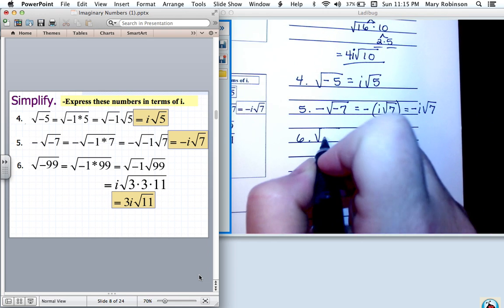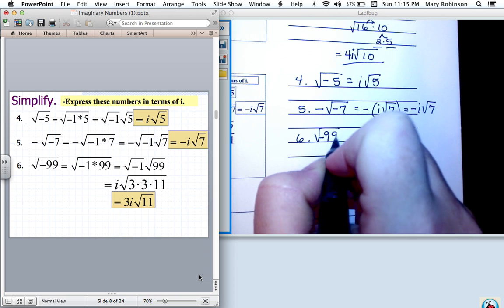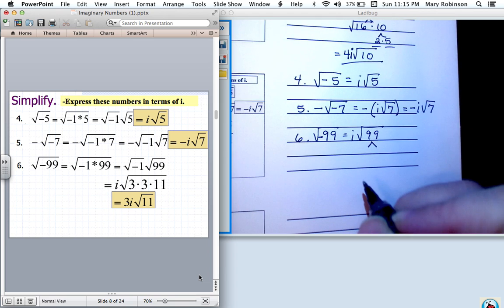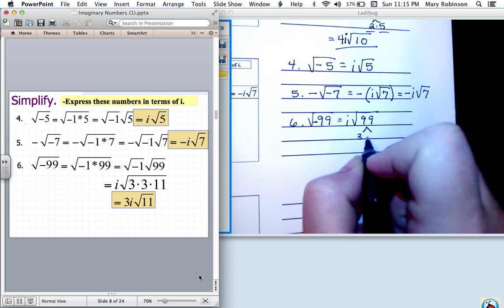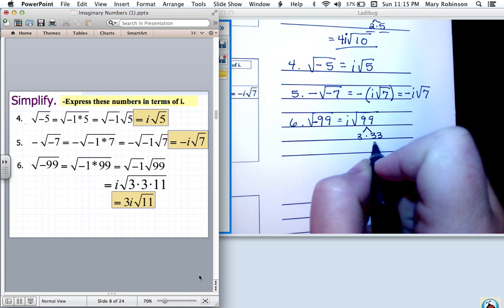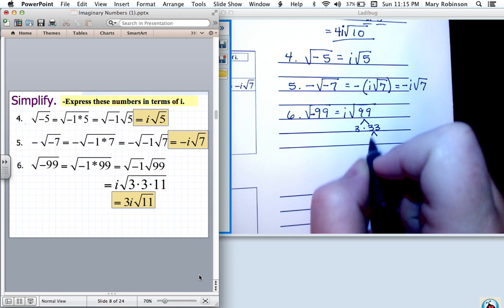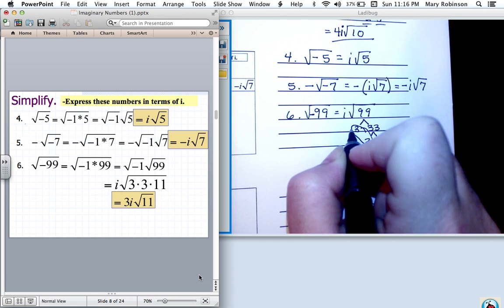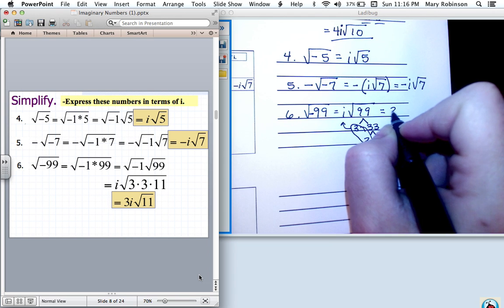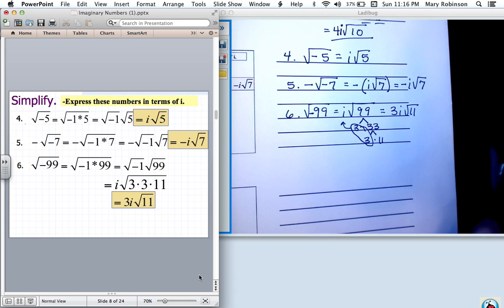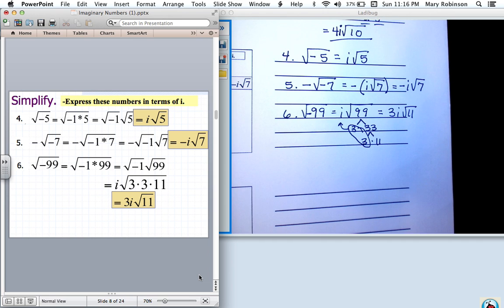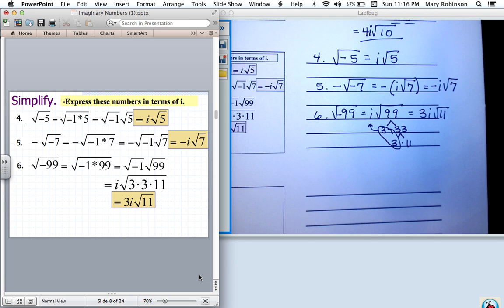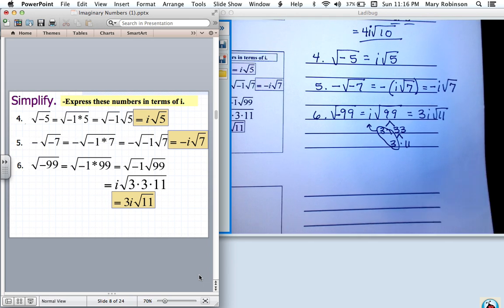Next, we have the square root of negative 99. So I'm going to go ahead and put my i out front. And then we need to break down 99. It is divisible by 3 and 33. And then 33 is 3 times 11. Because we have a pair of factors, that will come out, giving us 3i square roots of 11. So hopefully you're understanding now how to simplify square roots when we have negative radicands. Next,